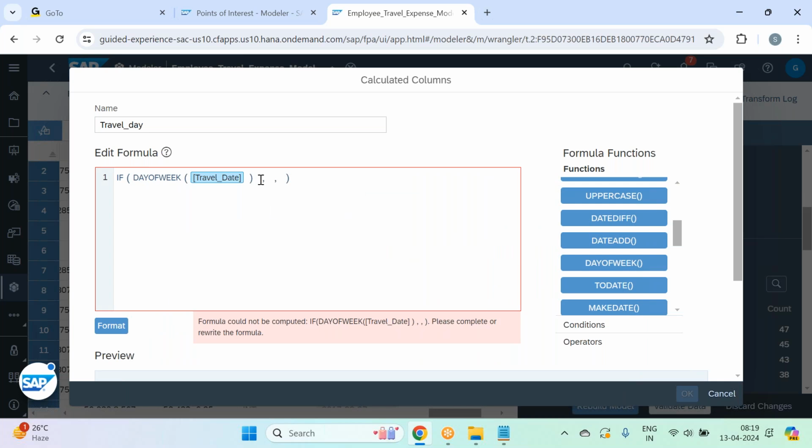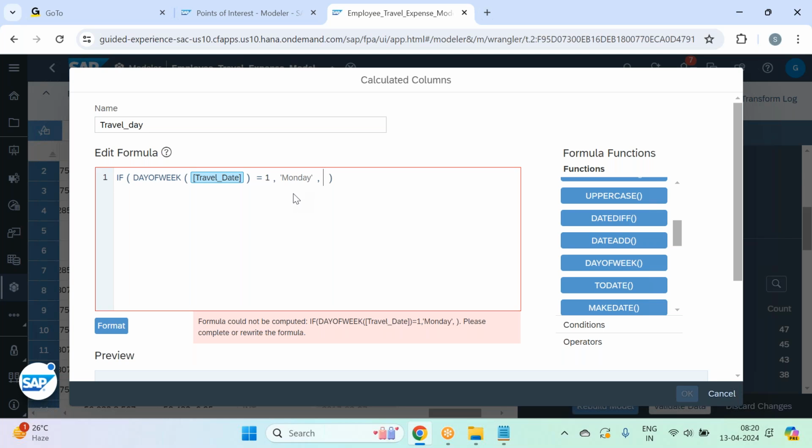If the day of week of my travel date is equal to 1, then I write it as Monday. I'm writing it as Monday because day of week gives you a number, not Monday or Tuesday. Else,